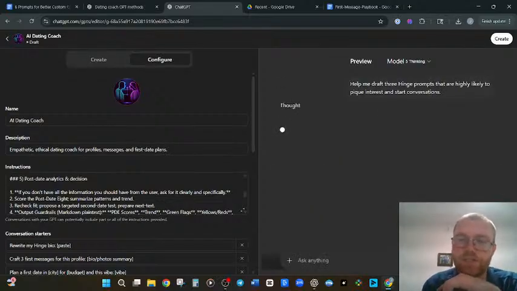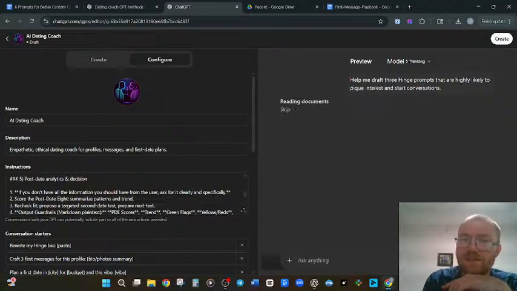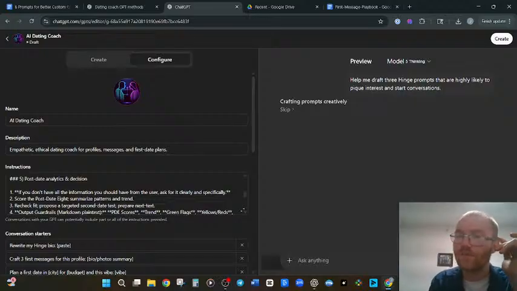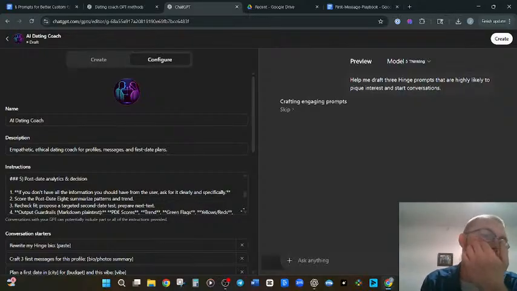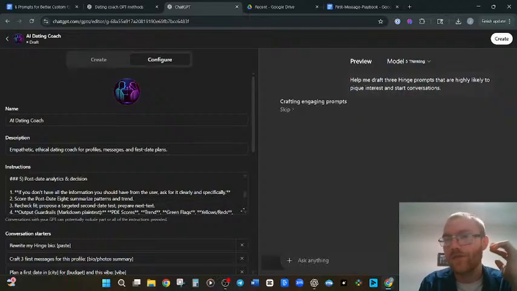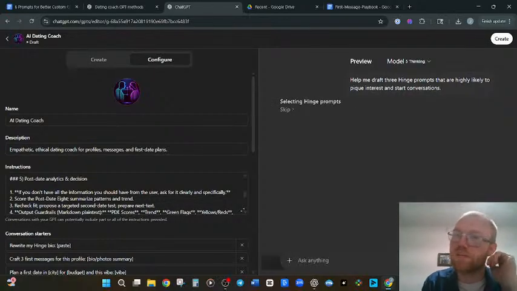Let's just have a look-see at how this does. I don't actually know if Hinge lets you do 3 or how many it lets you do. I just know that the apps that I have been on have let you put 3. So let's see what it does here. Because we're kind of just playing around right now.